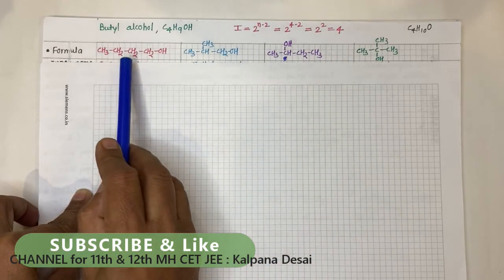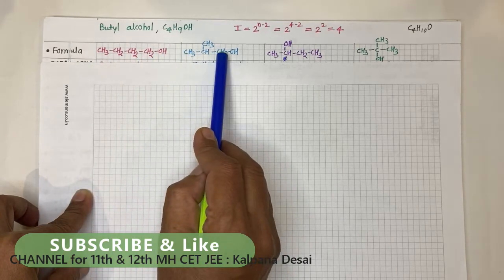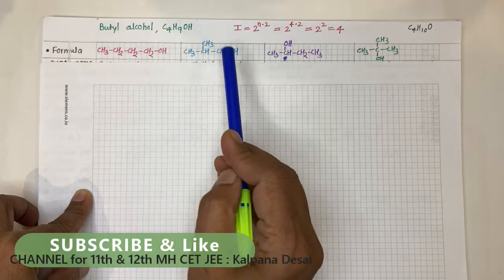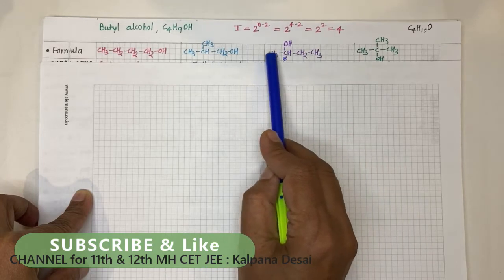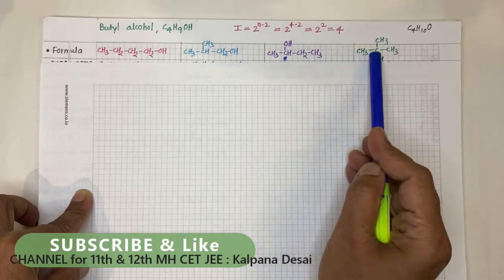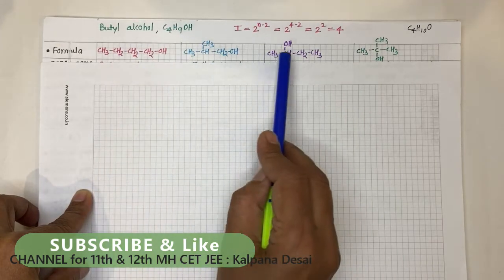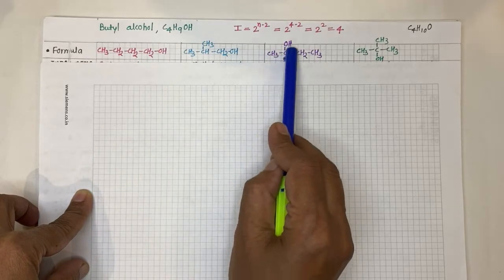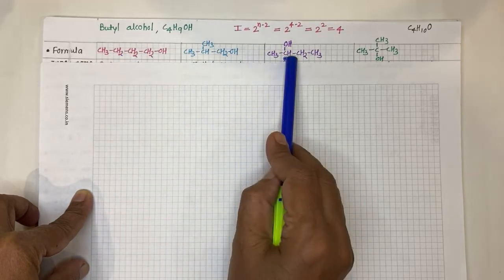Okay, now see this and this one. Here the chain is different, therefore these are chain isomers. What is different, that name is given. Okay, now observe these two. Here again the chain is different, therefore these are chain isomers. Now see this and this one. Here the position of OH is different, therefore these two are position isomers.